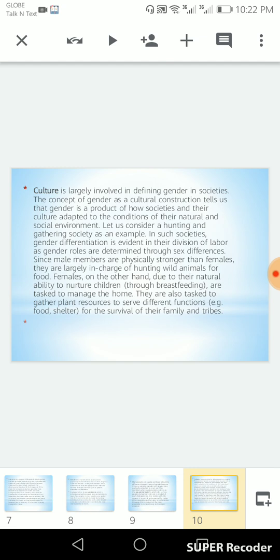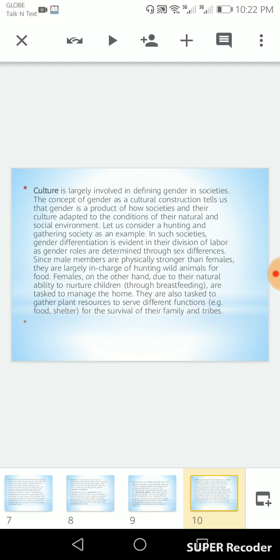So the concept of gender as a cultural construction tells us that gender is a product of how society and their culture adapted to the conditions of their natural and social environment. So dako jud kayo siya impact sa ato ang culture, sa ato ang society. So like ang mga like in